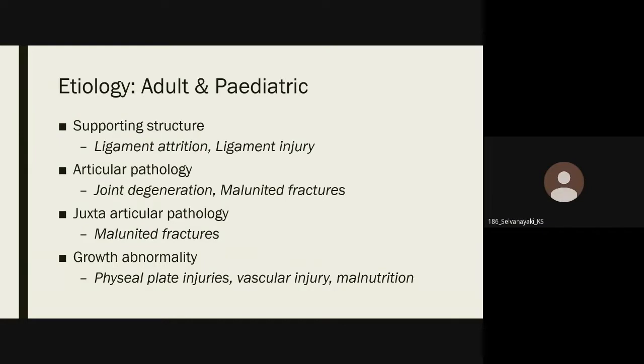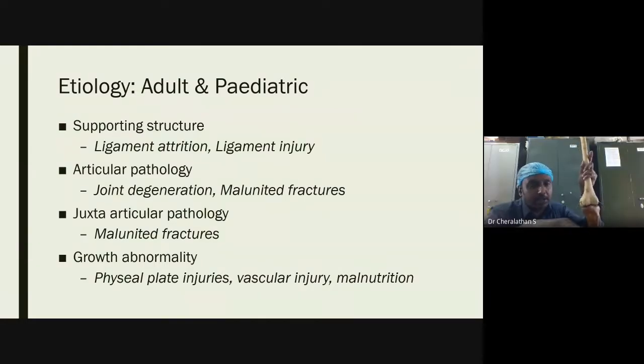Right? So this can happen in joint degeneration or in acute trauma. If there is a fracture of the medial femoral condyle, that condyle fragment will move away, causing the joint to sink here, causing a varus deformity. If there is a fracture of the lateral condyle, either an acute trauma or the condyle could have been fractured and malunited, so that the knee joint is in such an orientation, then again you will get a valgus deformity, right? So these are articular pathologies.